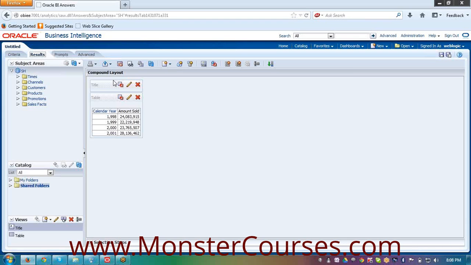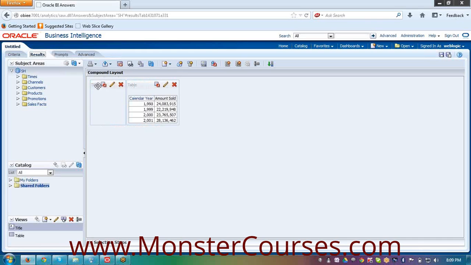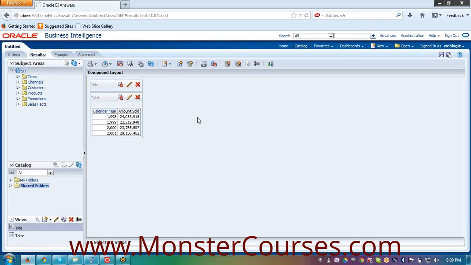Compound layout is a combination of two views: one is the title view and the other one is the table view. You see now how I have isolated them? Like this, I can place it anywhere, at the bottom, towards the left hand side or towards the right hand side.